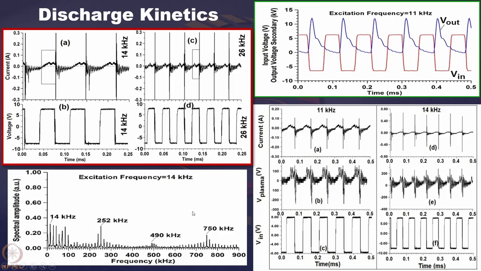Now one important thing is that when you are exciting the plasma, plasma oscillations start, depending on the kind of plasma that has been created, which offers certain capacitance and certain resistance. Now plasma is a nonlinear dynamic load. So when your LCR oscillation starts there, the kind of frequency it supports is beyond the excitation frequency.